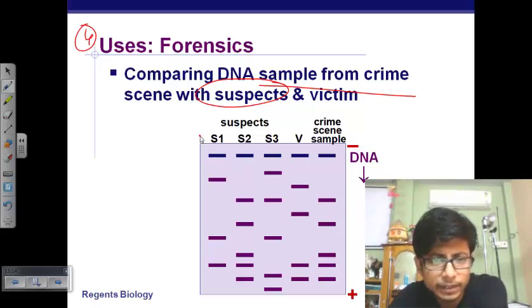Now these are the 3 different suspects for us. This is the victim, so we definitely exclude that out. The victim never victimized himself. So obviously this is the sample from the crime scene. So now if we compare the sample from crime